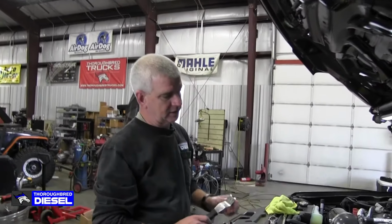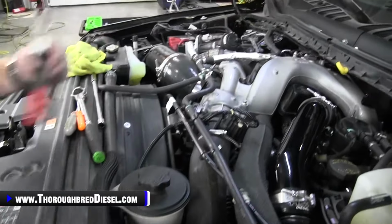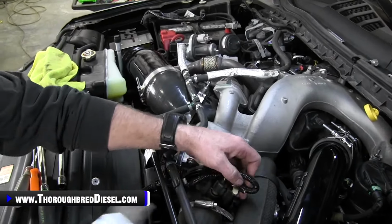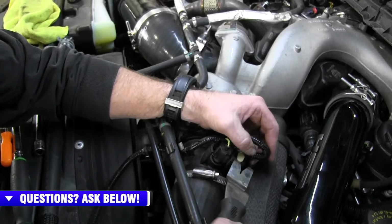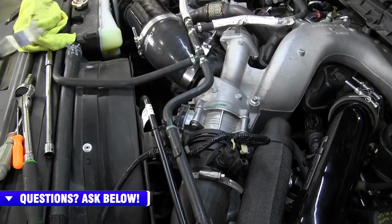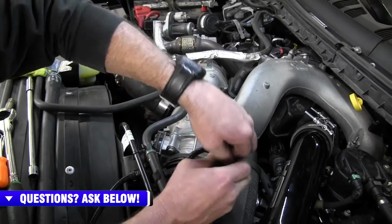All right, next up is our cold side pipe. It comes out of our air to water and goes into the intake right here. What we're going to do first is get our wire clips out of the way on our temp sensor here. It's going to be at the front. We're going to pop that out,